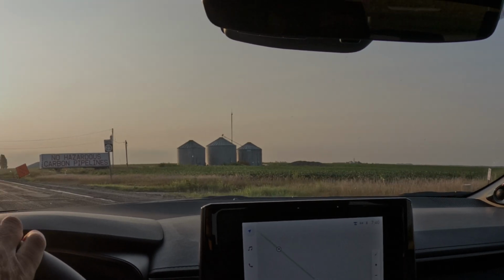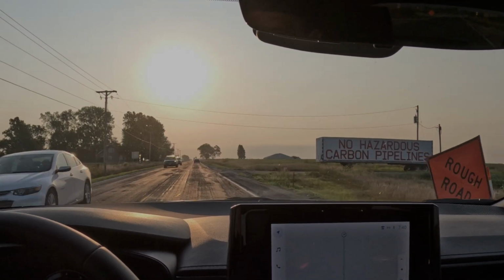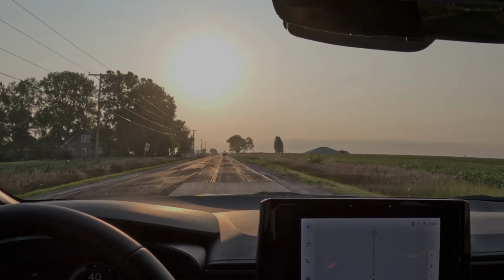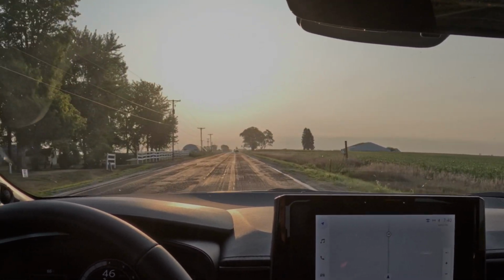Just so you guys know, my drive is not all peaches and cream, and we're undergoing a lot of road construction, which is a good thing because this is a pretty crappy road. So look at